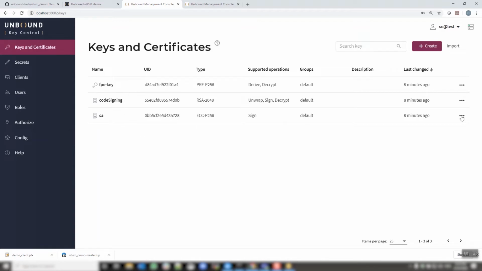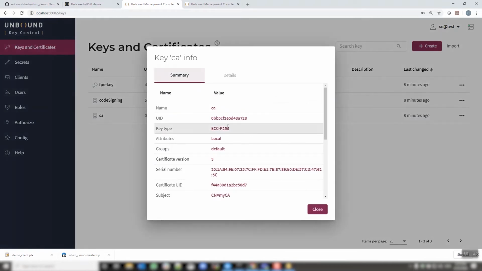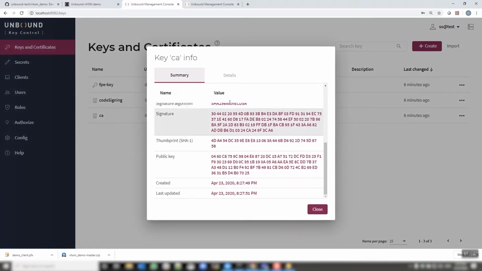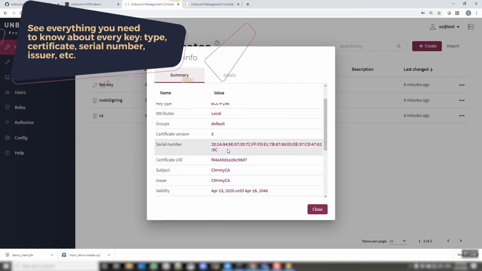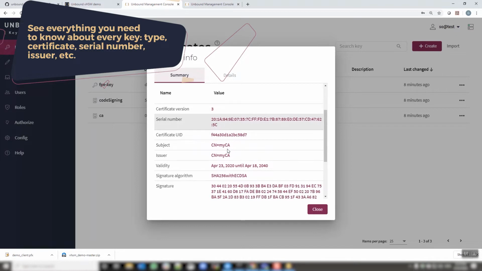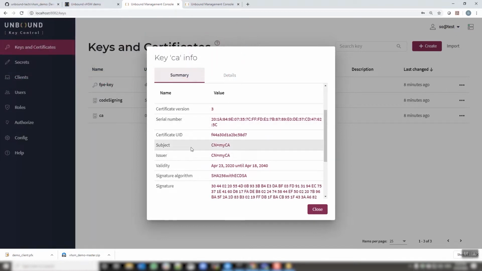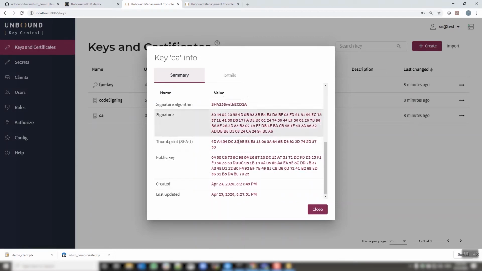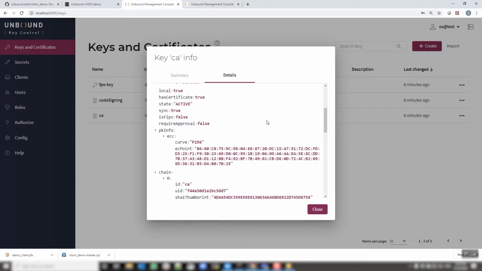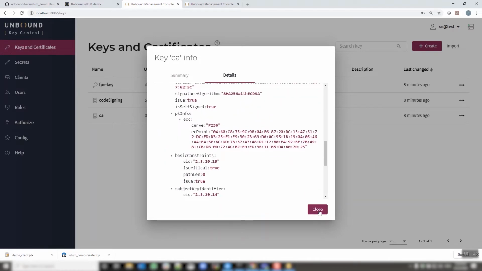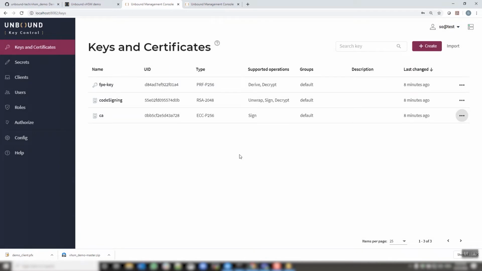For every key in the system, let's take this one for example, I can see the information about the key. This is an elliptic curve key. I can see it has also a certificate, of which I can see the serial number. I can see the issuer. This is basically a self-signed certificate. You can see that the subject and issuer are the same, and so on. We also have a more detailed view, JSON style, that shows the different details of the key, and this key can then be used by multiple sets of APIs that can connect to UKC and use these keys for different